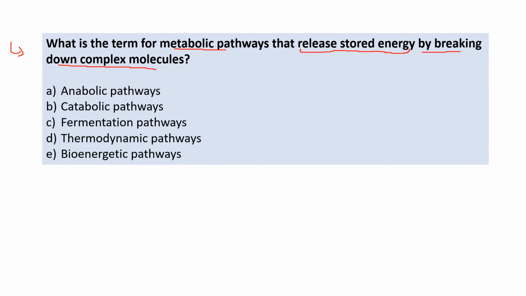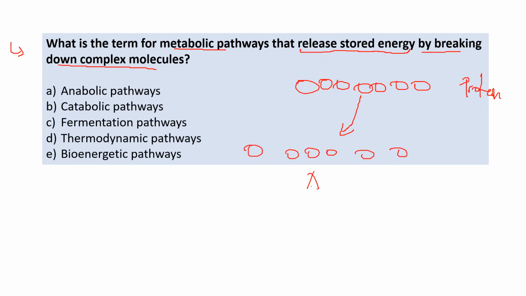So it's a metabolic pathway that takes a very complex molecule, for example a protein, and does two things: turns it into amino acids, plus energy. So what is this? They're asking you what is the name of